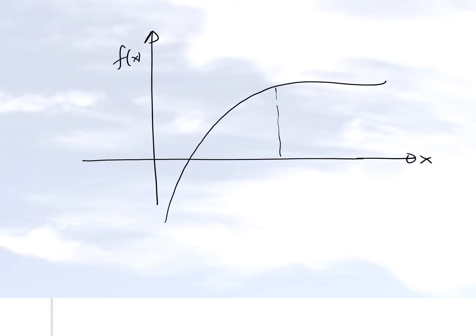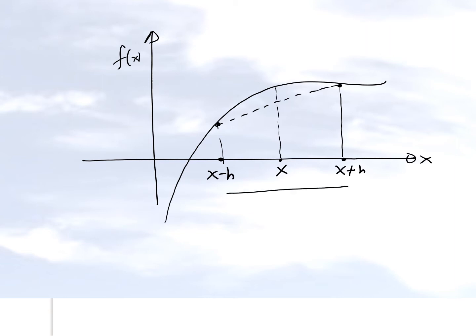So let's suppose we have a function like this, and somebody says, hey, I want you to find the value of the derivative of the function right here. Then the central divided difference scheme takes a point which is h backwards and a point h forwards. So that will be this point right here, and that will be this point right here. So it draws a secant line right here.